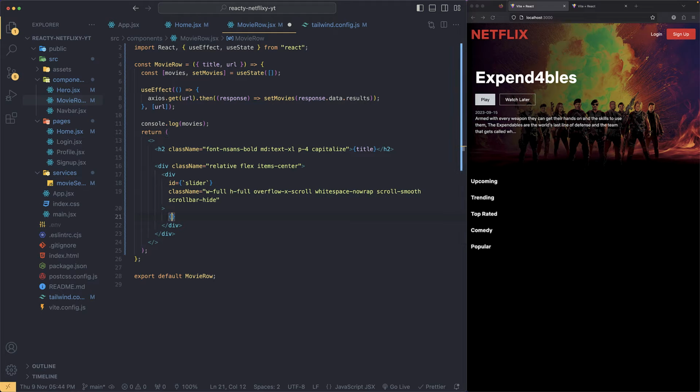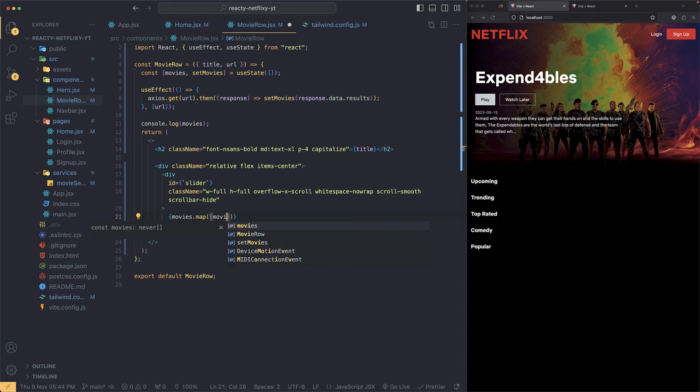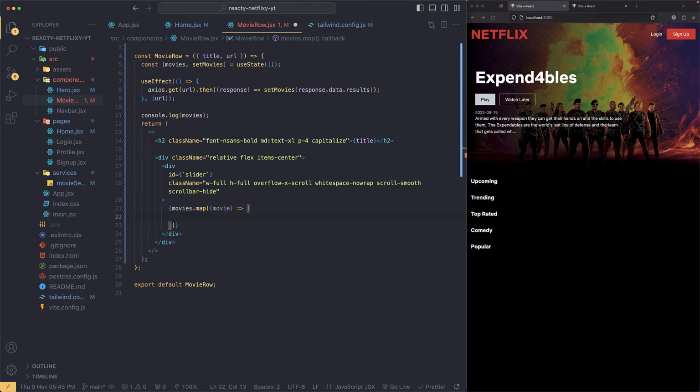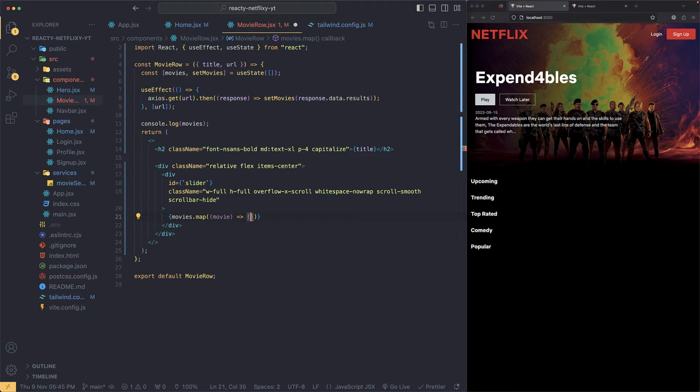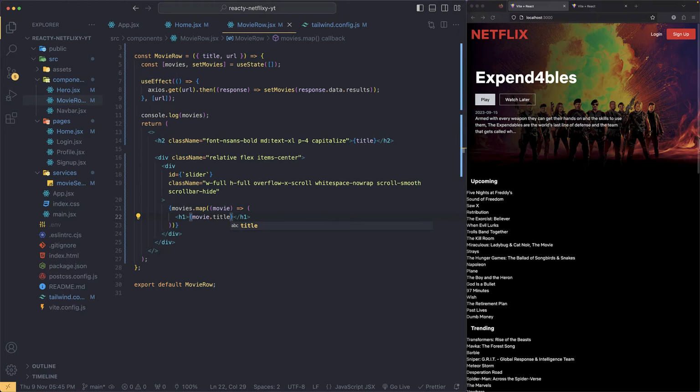Now inside this, what we will do is movies.map. Now this is going to be a movie, and open this up, and for now we can just say h1 and just say movie.title and save it. Look at that guys, super awesome, right? Now let's work on the movie part, right? Eventually,